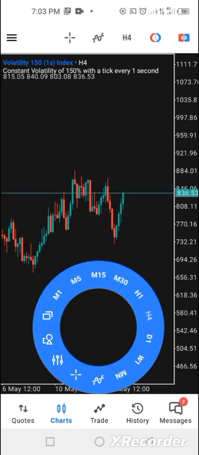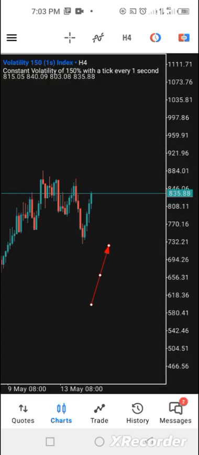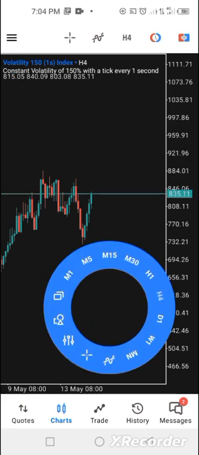For this rejection to happen, there must be a flag or a pennant or a wedge that made this resistance occur. Right, now let me show you something. If you look here